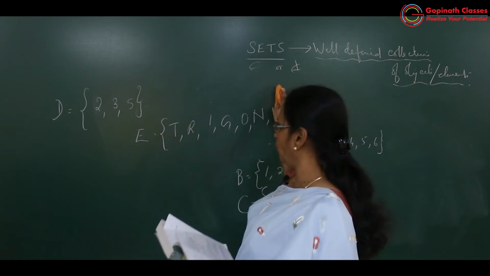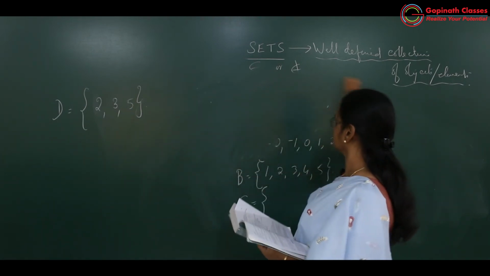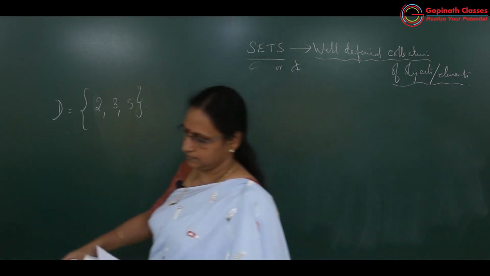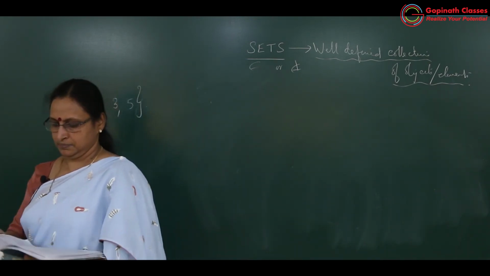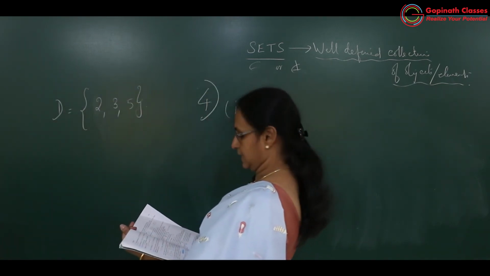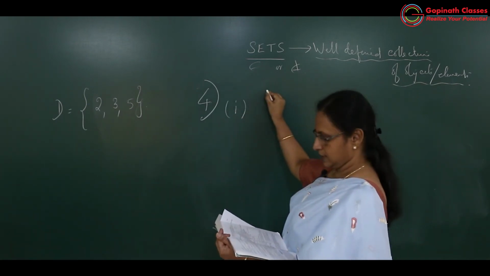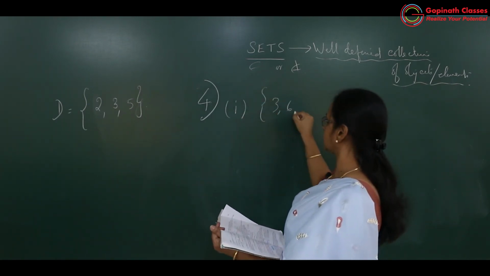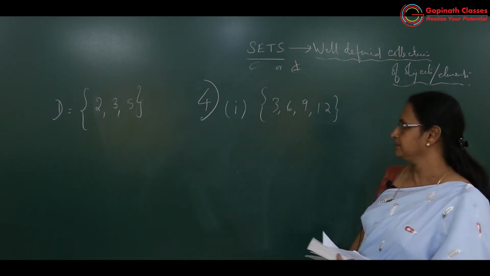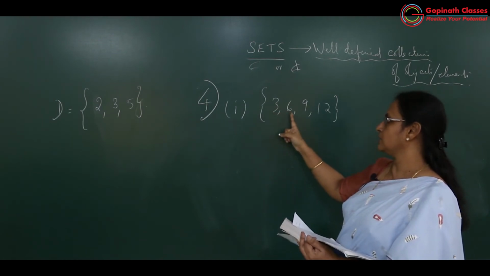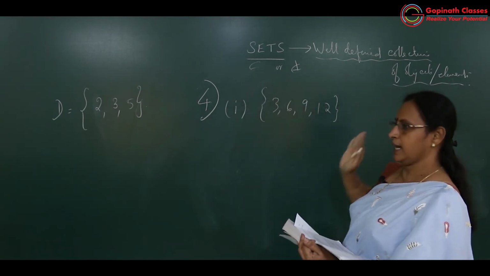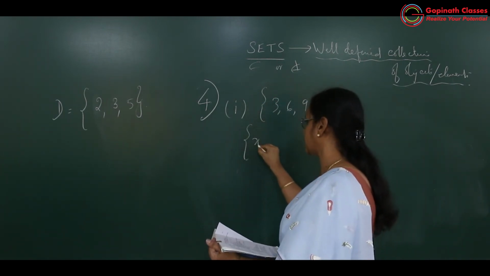Now the main question number 4 is, write the following sets in set builder form. How do we write in set builder form? See the first question, that is 3, 6, 9, 12. What is its speciality? It's a multiple of 3. Multiple of 3: 3 ones are, 3 twos are, 3 threes are, 3 fours are. So it's multiples of 3, x such that, this way also you can write the set, x such that